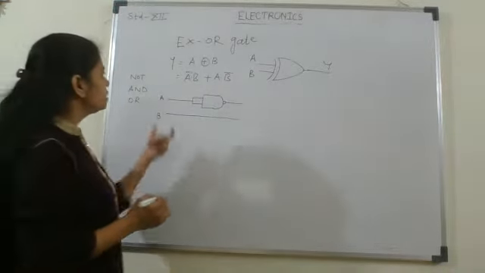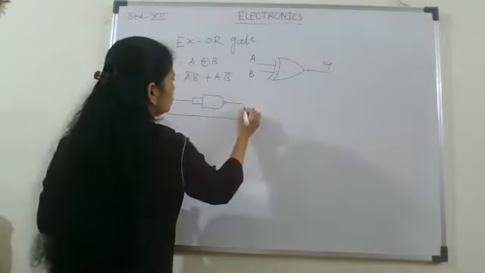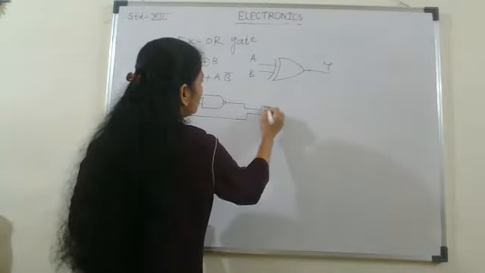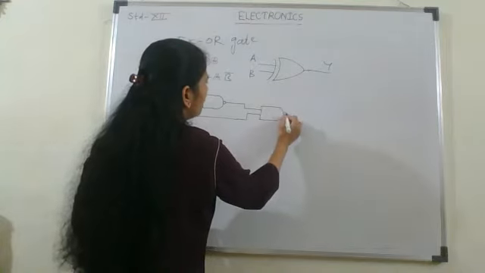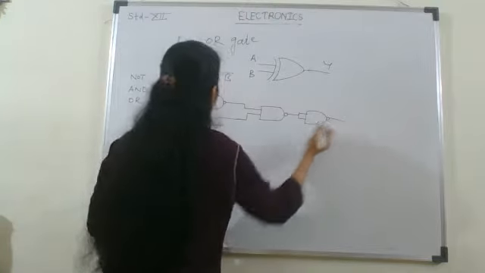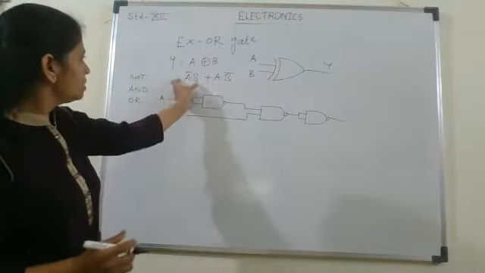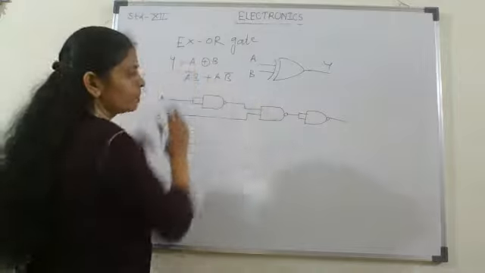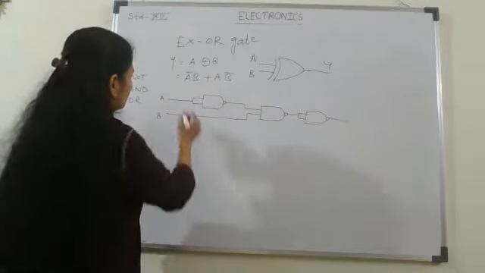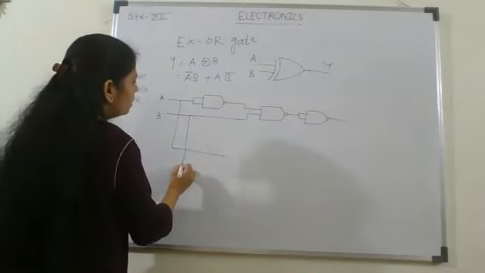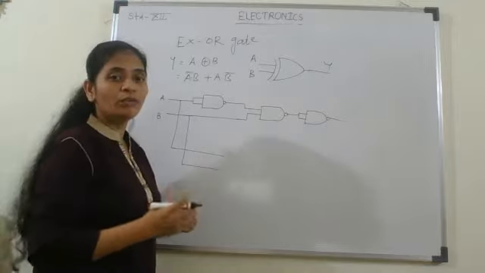Now here a dot product is there. Dot means we want an AND gate, but not a proper AND gate. We want an AND gate using NAND gate. So here this is the NAND gate, and if you connect one NOT gate to that, then we get an AND gate. So this is the diagram of this term, that is A bar dot B. Okay, now we want A dot B bar.